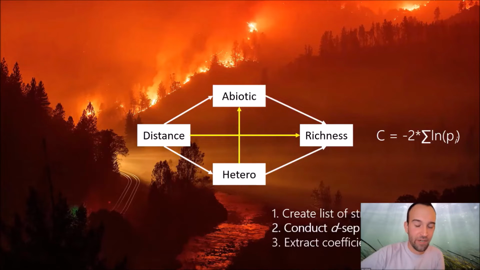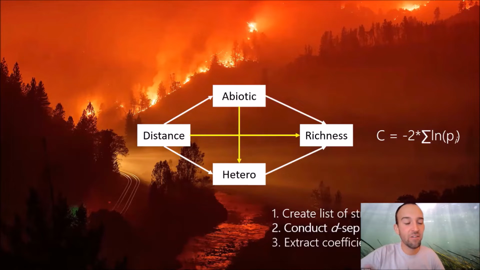One minor point too. I would just like to point out that in this case, we're assuming that the missing relationship is between compositional heterogeneity and abiotic conditions. We might equally assume that it goes in the other direction. And in fact, while the parameter estimates will be different in each of these models, the significance tests are symmetrical regardless. So it really doesn't matter which way we fit it in terms of evaluating model fit, with one caveat,